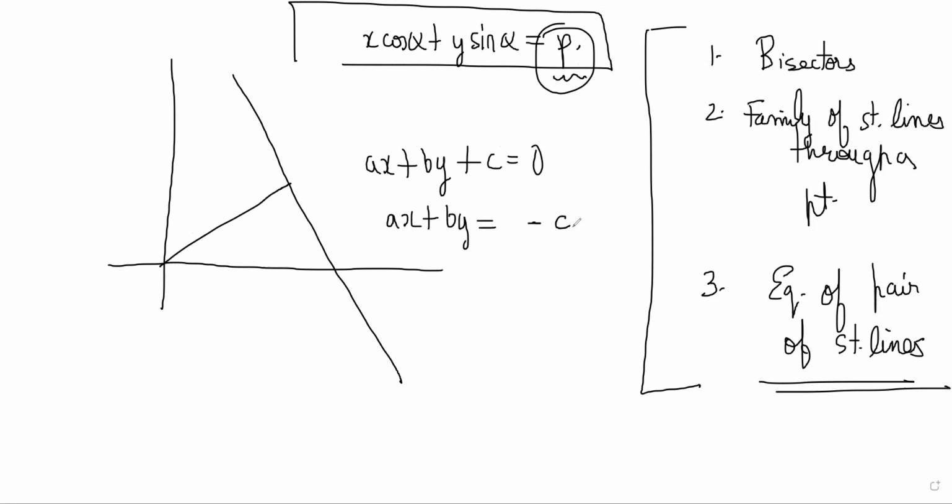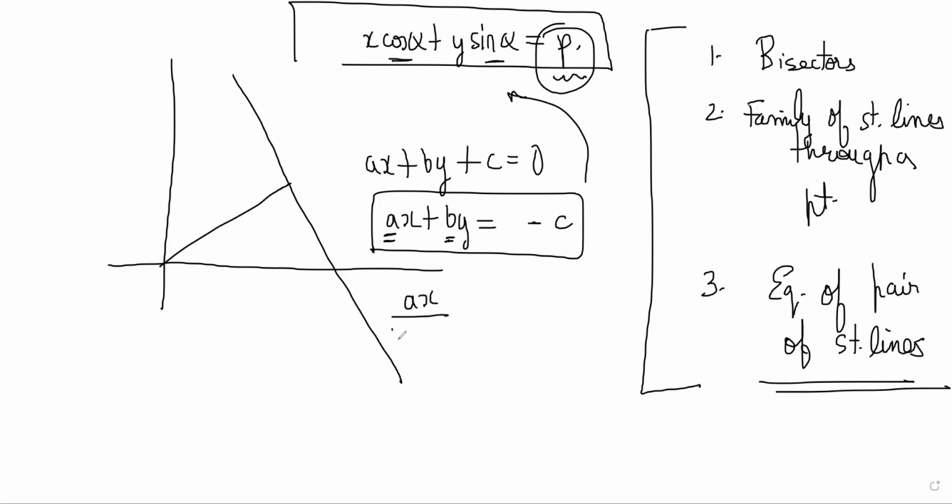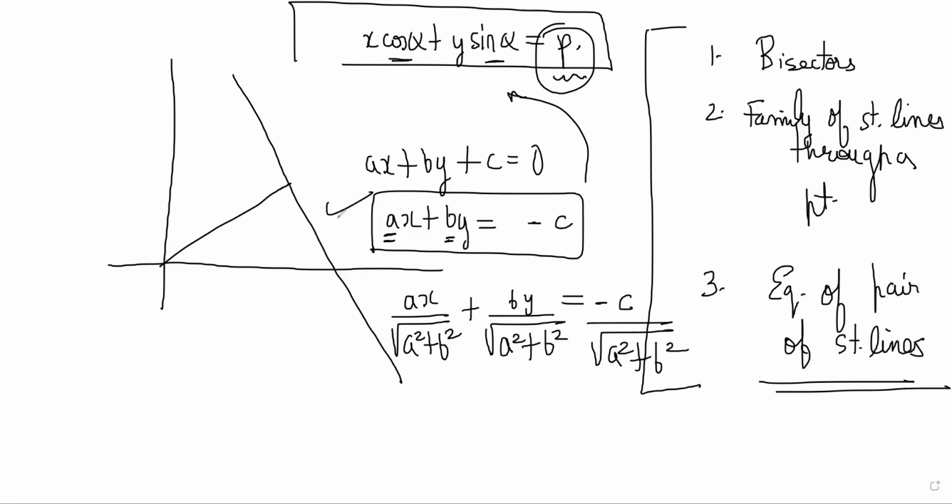We are dividing because right now this is not in this form. Here it is a and b, there it is cos alpha and sin alpha. Cos alpha and sin alpha are less than 1, but a and b are not necessarily less than 1. So you cannot say directly cos alpha is a and sin alpha is b. If you divide by root over a square plus b square on both sides, then you are guaranteed that no matter what a and b you started off with, this will always be some cos alpha and this will always be some sin alpha.